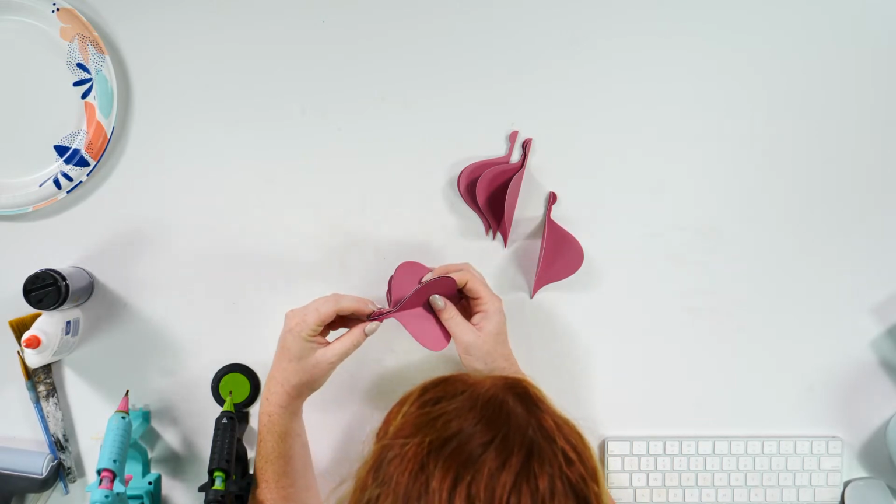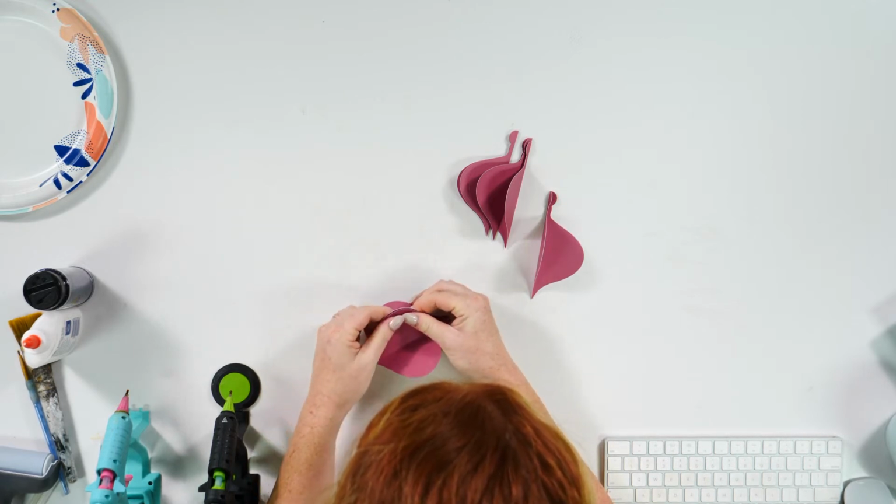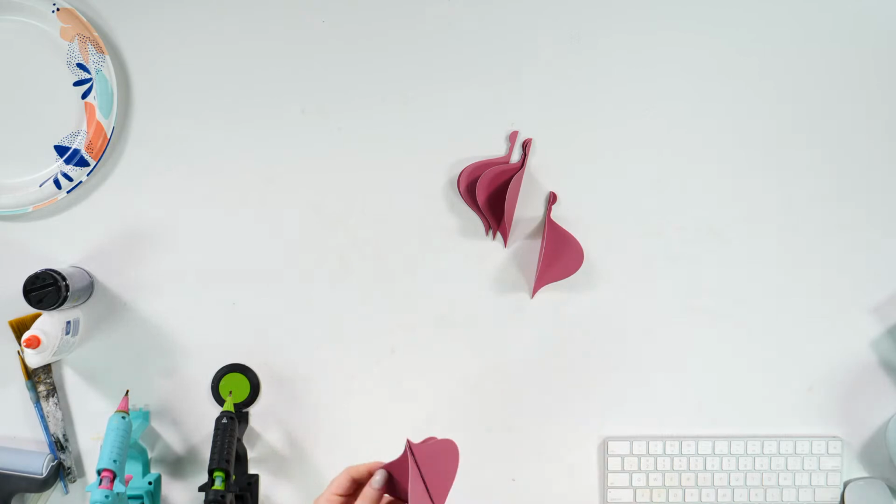Okay, sorry I'm not talking when I do this, because I really have to concentrate to get it on there straight. We understand. And listen, don't be disappointed if your first one's a little bit crooked. Don't beat yourself up. It's kind of hard to get them straight. The hot glue is the biggest issue. I think you could use ATG on this, but I feel like the hot glue is a little bit more